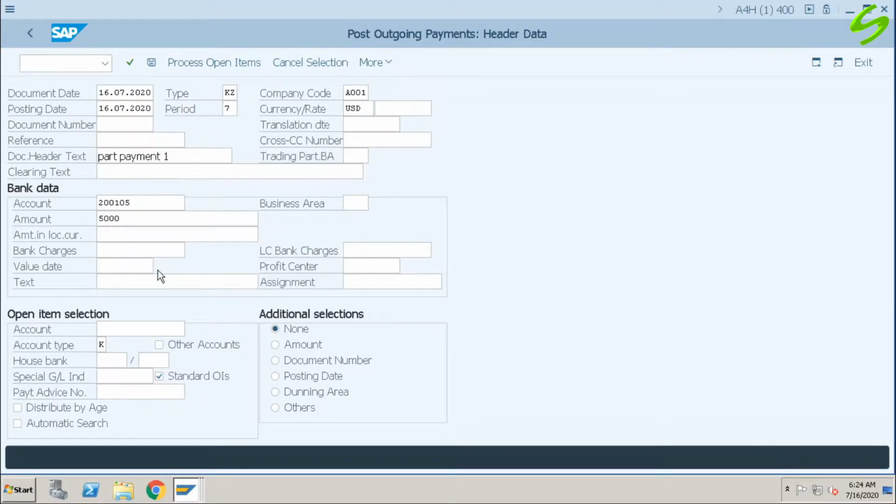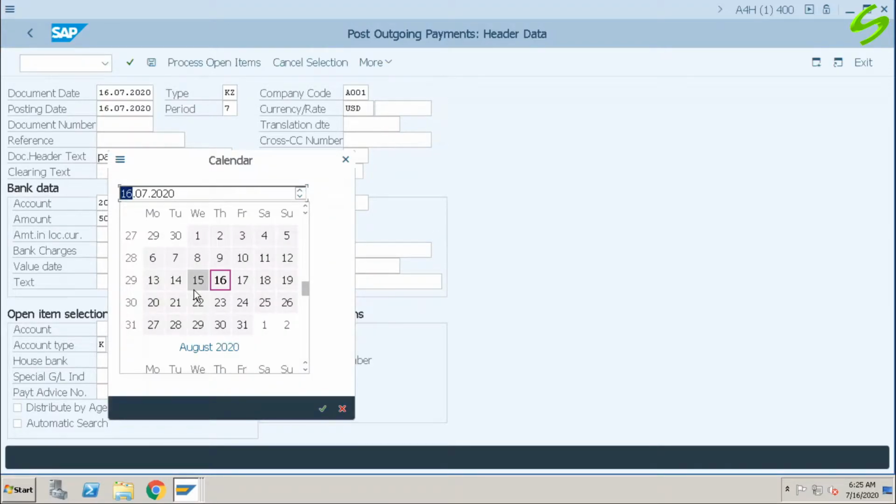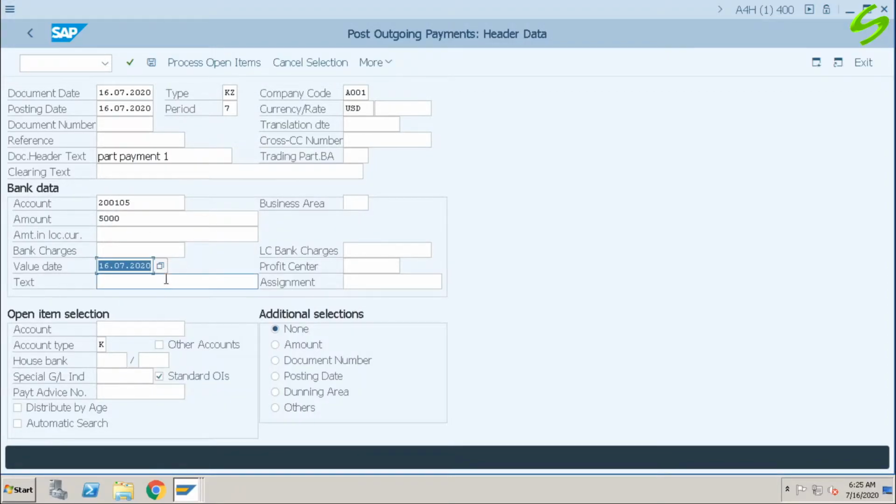Value date, today's date. Text: part payment. Account 60000. Click on process open items.